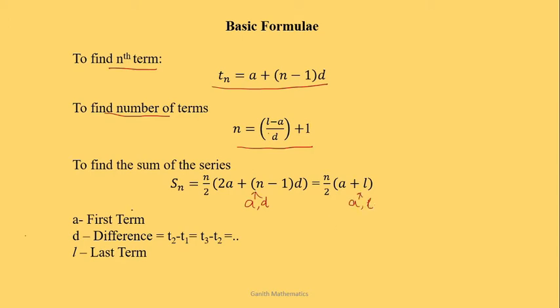Okay. So a is nothing but the first term of the series. d is nothing but the difference. Difference means if you subtract the first term from the second term, you will get the same element as we saw in the previous example. In a similar way, T3 minus T2, that means the third term minus the second term. T1 is the first term, T2 means second term, T3 means third term, and Tn means nth term. So this is the general notation, and L is always denoted as the last term.